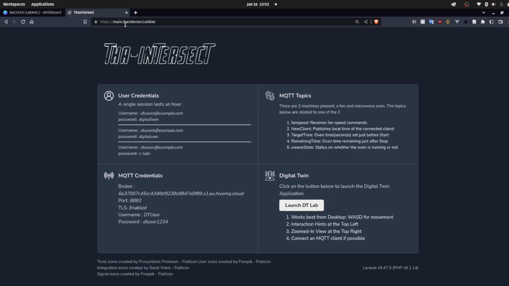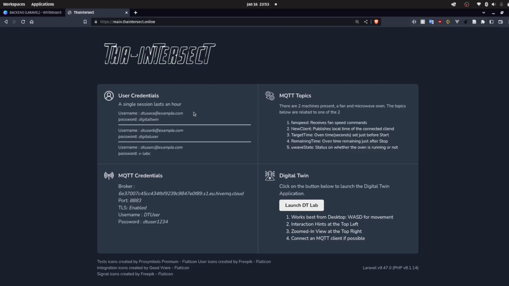And so this is like the entry point of the application. So think of it, maybe there's a company and you want a virtual environment that people can use to work with their machines, but this is your main website and you want to have it communicate with the other one, the one that hosts the digital twin. It doesn't have to be another website, but for this case I just have it as another website. So here you have some details that give you a bit more insight